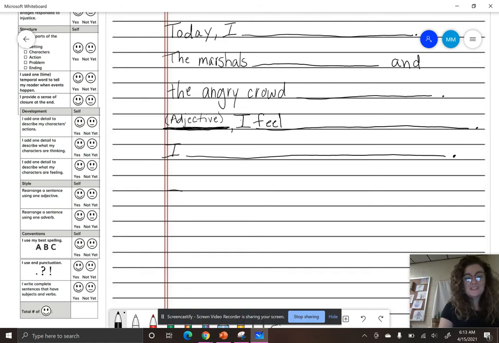Now, to end your writing, I want you to start your last sentence with an adverb. Remember, she's praying. She's praying for these people. Think about what she was praying for. How would that affect what she is feeling and what she is thinking? Your last sentence, tell me what she did after she prayed. She rushed into the building quickly. How did she rush? Quickly, right? So use an adverb to say how she got into the building. I walked